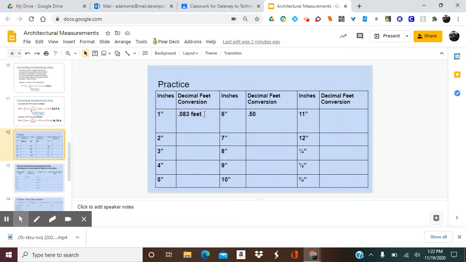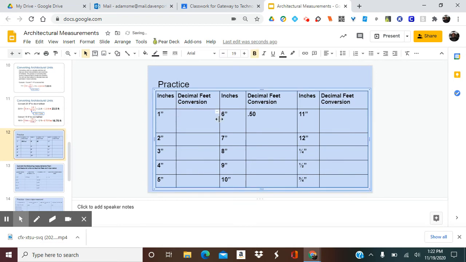So our next part is this one. So basically you're gonna create a cheat sheet. This is a conversion cheat sheet. So 1 divided by 12 is 0.083 feet. 2 divided by 12 is 0.166 feet, okay? 3 divided by 12 is 0.25 feet, okay? Does that make sense? So it's just the pattern that we're doing,